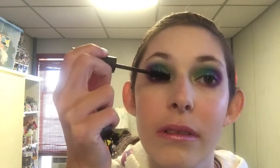I curled my lashes, and then I used the biggest, boldest mascara I have, Be Bold, which is the Too Faced Better Than Sex mascara, and I was just showing you how falling apart this thing is, but it's too expensive, so I'm gonna hang on to it like this for now. You could also use false lashes if you want. I don't use false lashes, and I don't think I need them. Look at what this mascara did to my lashes. I love it. So obviously I'm going to have to fix that side, but for my lower lashes, I'm going